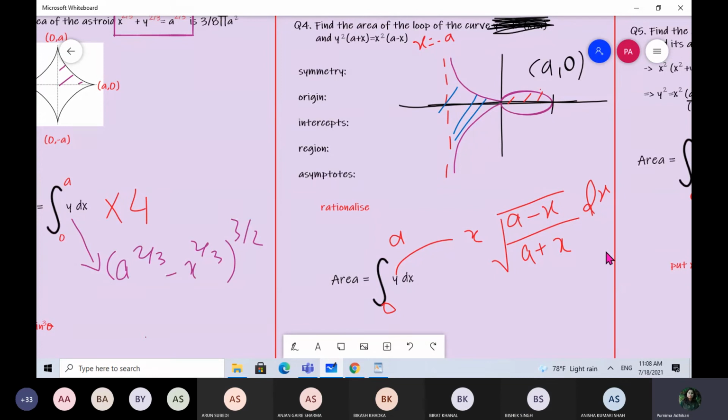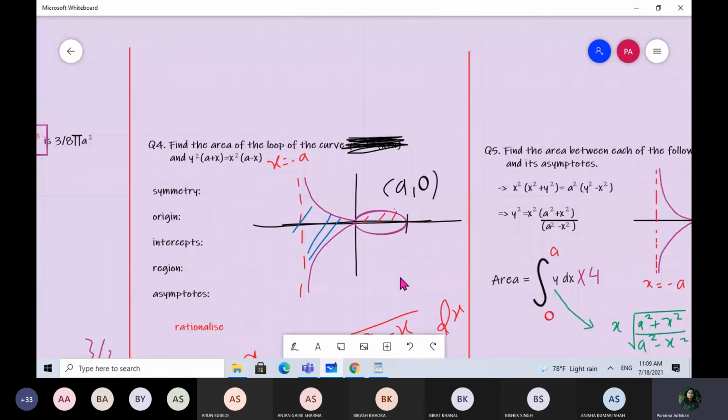After then you have done this type of integration before, so I'm leaving it up to you. You have to just rationalize. I have mentioned it here, rationalize. So you will be rationalizing your function and you will get your